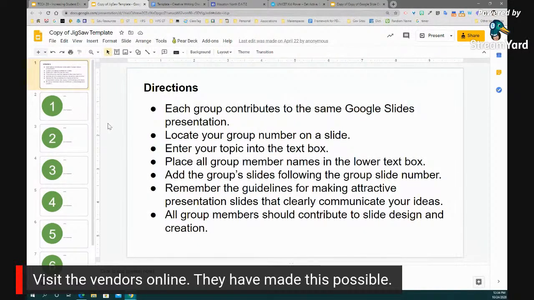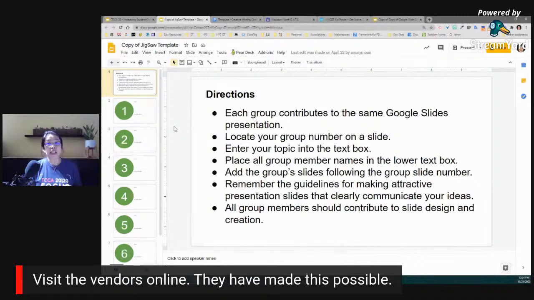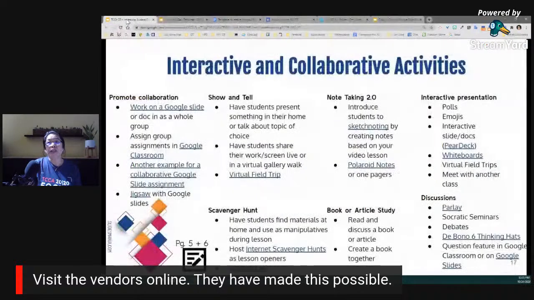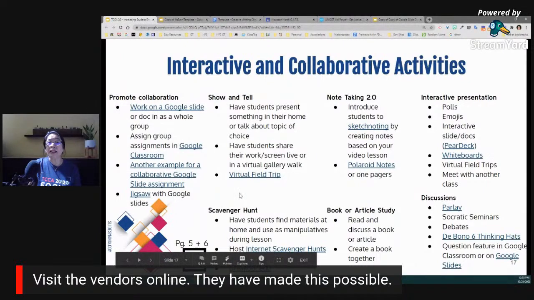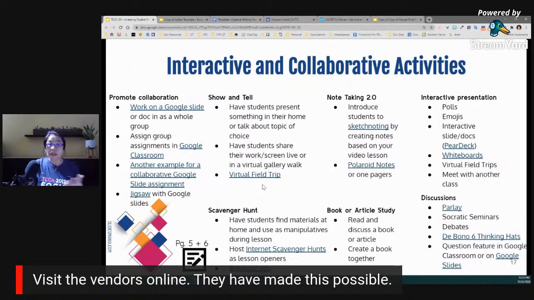And the nice thing of doing it in one document versus asking everybody to do their own separate document is that come presentation time, remember it was originally one piece of content. So then when you have each group share out, it's all together in one presentation, and it will make for a smooth transition. Okay, so that's jigsaw. So you can still keep on doing that. It's something that's oftentimes done in face-to-face sessions, but you can see that this is still possible in the virtual world as well.